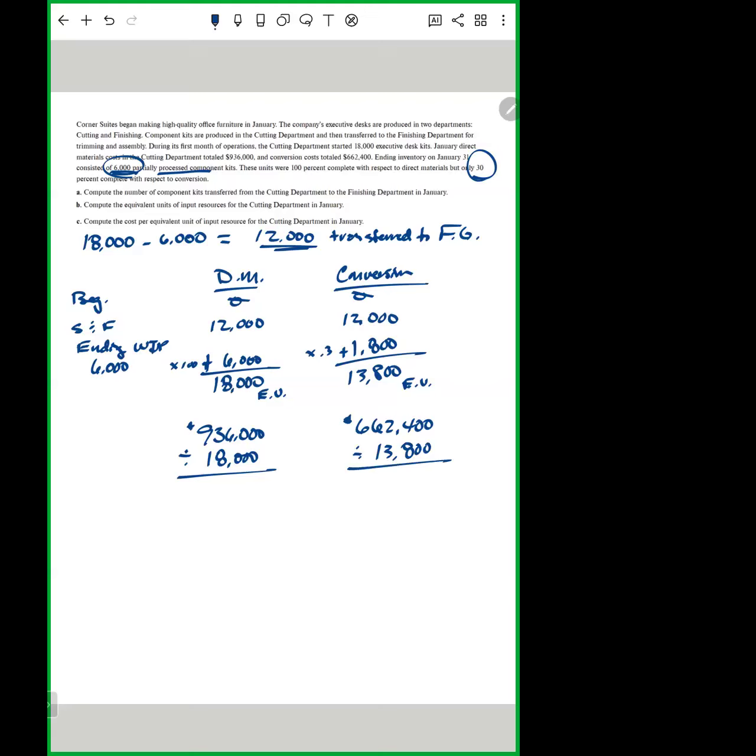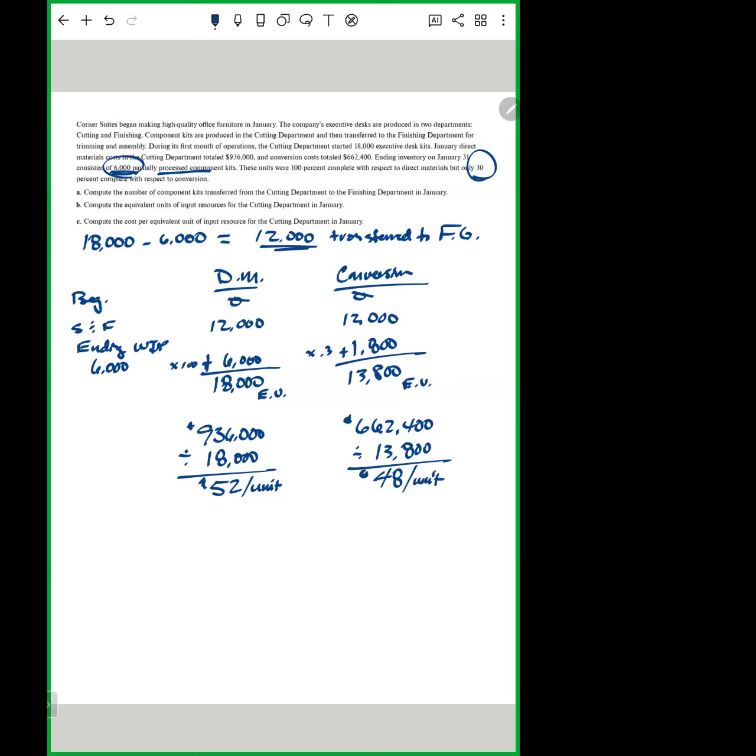So let's do that math. 936,000 divided by the 18,000 equivalent units gives me $52 per equivalent unit, or per unit, for direct materials, and $662,400 divided by the 13,800 equivalent units gives me $48 per unit